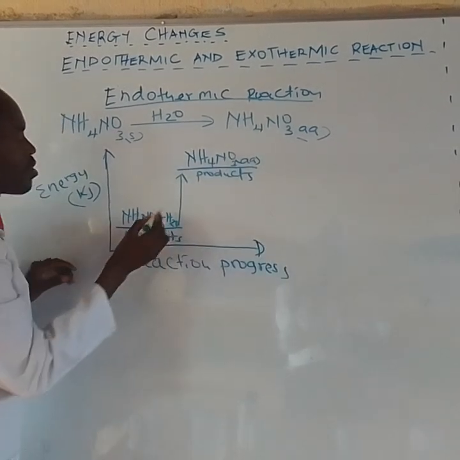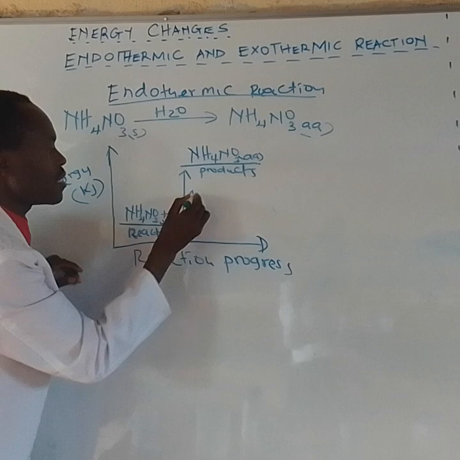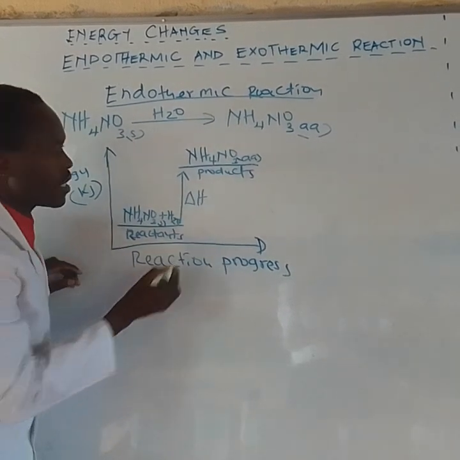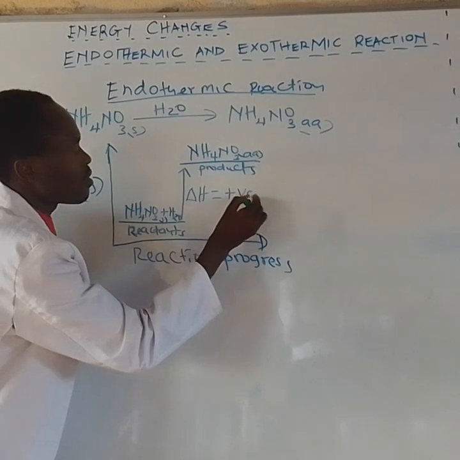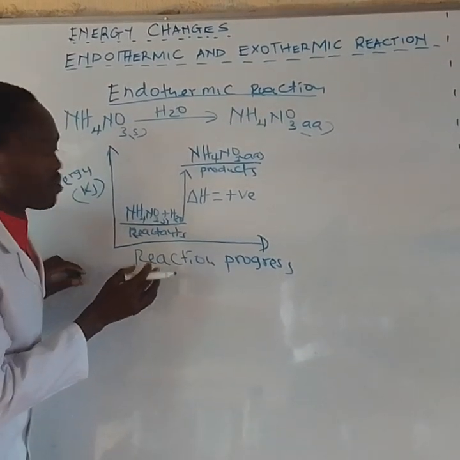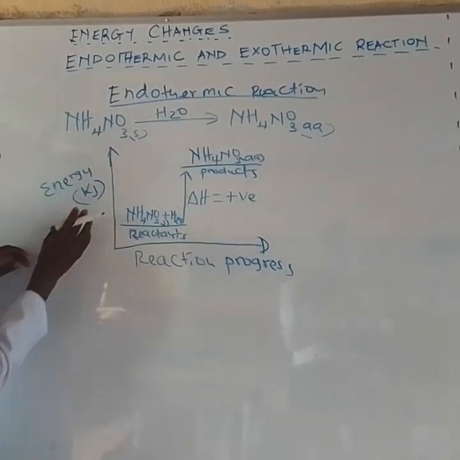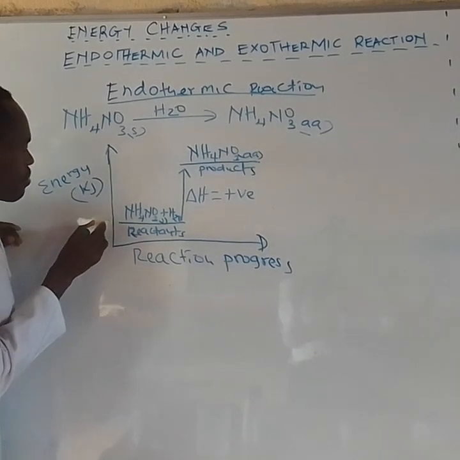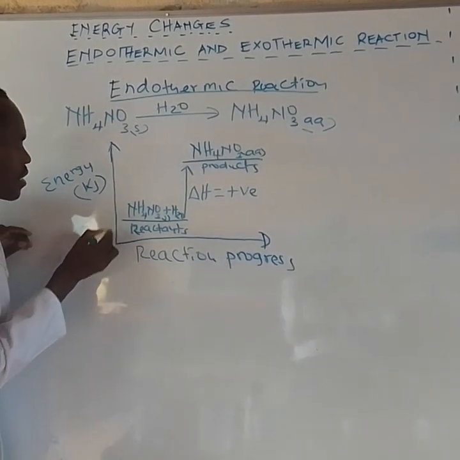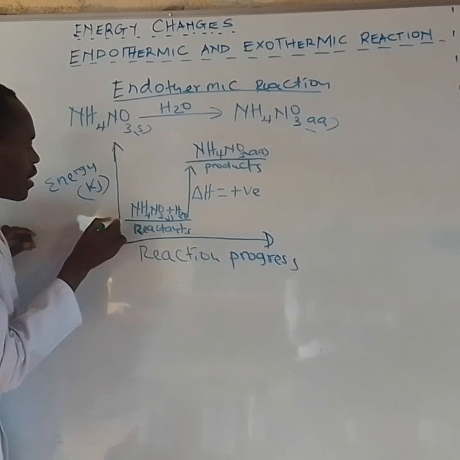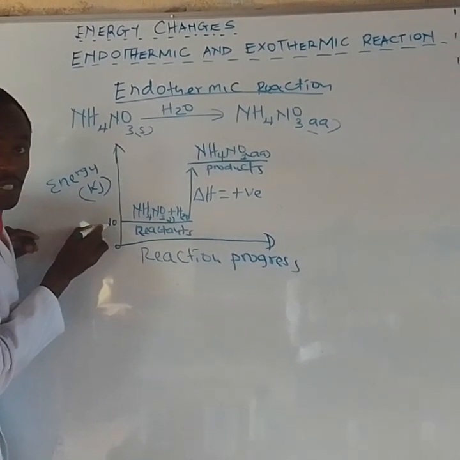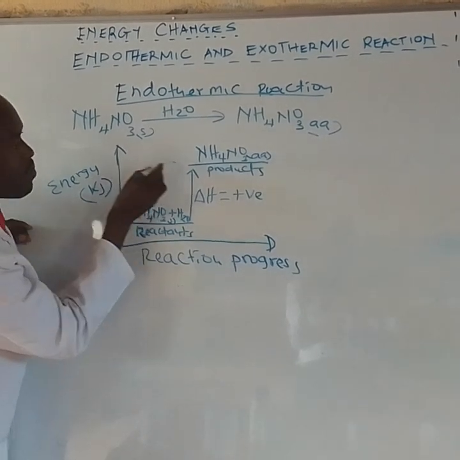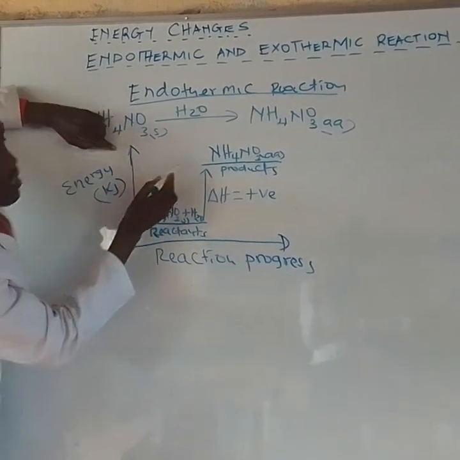Is it okay? So here we place the sign for heat change, what we call enthalpy change. And the sign here is positive because this is an endothermic reaction. Why positive? Look, let's say for example, this is the energy. Let's say this is 0 and maybe this is 10 kilojoules. So when you extrapolate on the product side like this,